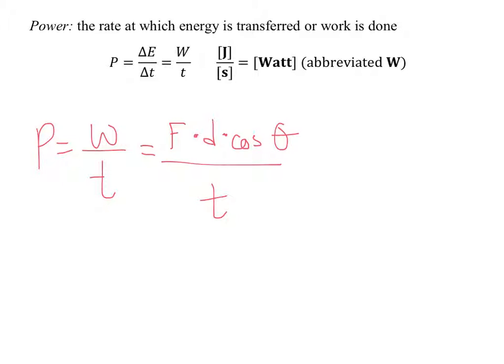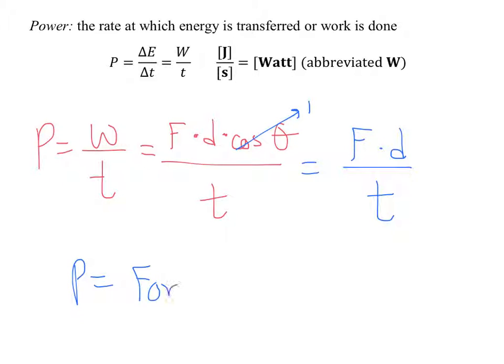Imagine again you push on a desk, I'm pushing to the right, and the desk moves to the right. Theta is 0. I'm lifting an object off the ground vertically, and it's moving vertically. So I'm assuming that there's no angle theta in these problems. Theta is 0. So if we remember from a week or two ago, cosine of 0 just becomes 1. So this becomes force times distance over time. But what's distance over time? Speed. Very good, Jake. So in reality, power is also known as force times speed.